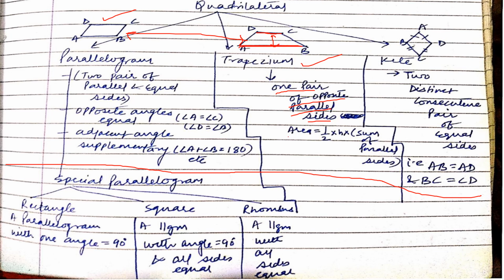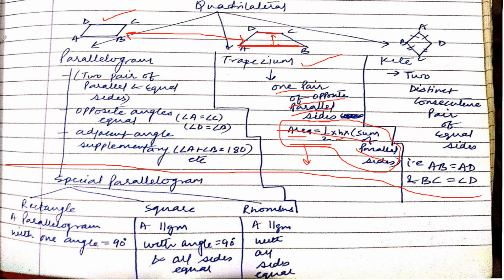Area of a trapezium is given by half height into sum of parallel sides. Just write this right now. It is of no use for you right now, I just mentioned it here. It is just a formula for area. We will discuss this later on, not in your chapter. By mistake, I have written it over here.